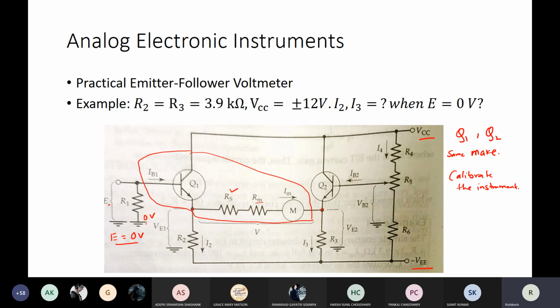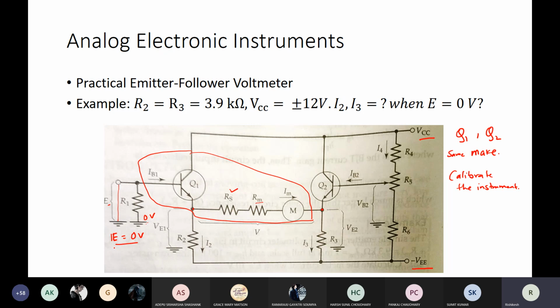With respect to this is positive VCC, and with respect to this is negative VEE. Right. Now when this is connected to ground, let's say if I short circuit this,